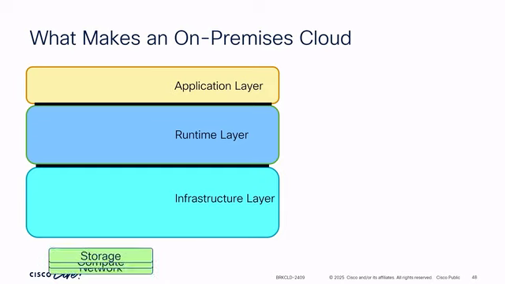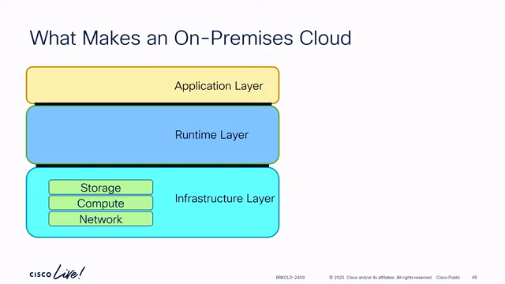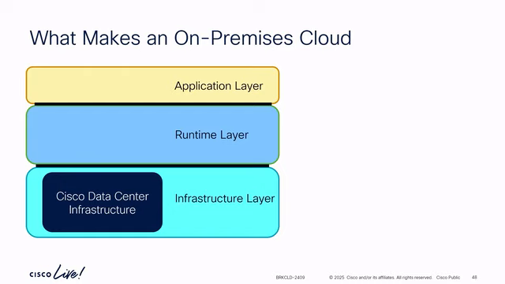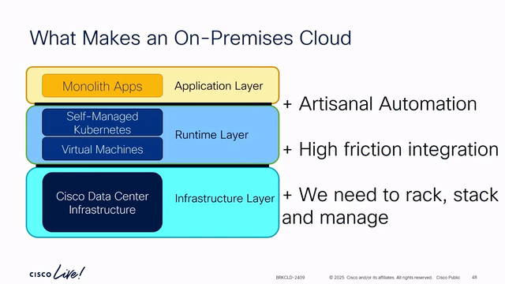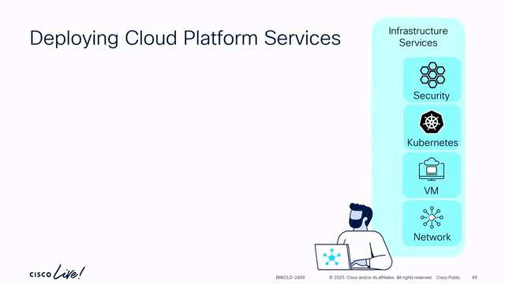If we go back home, to on-prem, we have the same, hopefully Cisco, but not necessarily. But this is us, we need to manage it, right? On top, we're going to have VMs and Kubernetes, but again, self-managed, which can be less or more difficult. And normally, we will have more monoliths than on the cloud, historically, right? Most of the things here are artisanal, there is high friction, remember the conversation before. And as Matt did in Berlin, we need to rack, stack, and manage everything ourselves.